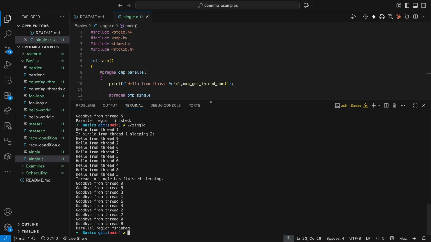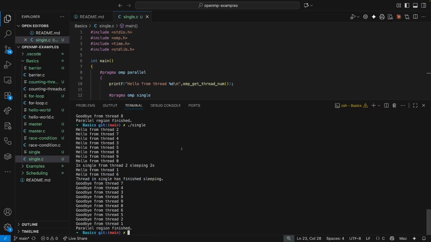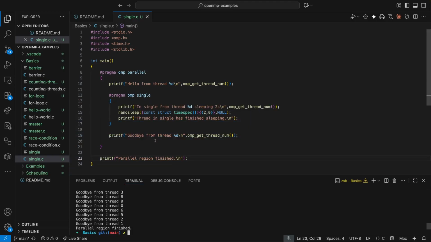But execution by default of the other threads, i.e. when they say goodbye, is paused until that thread has finished sleeping. What we have here is what's called an implicit barrier. So we've seen barrier concepts before. Wait here until all threads have caught up. OpenMP single has that in. We can override that